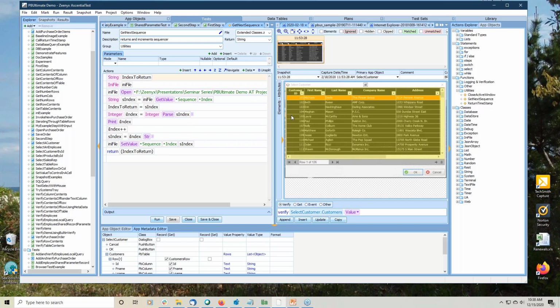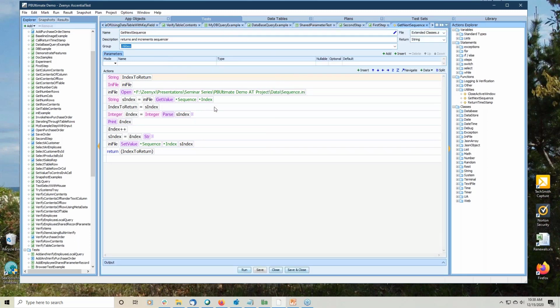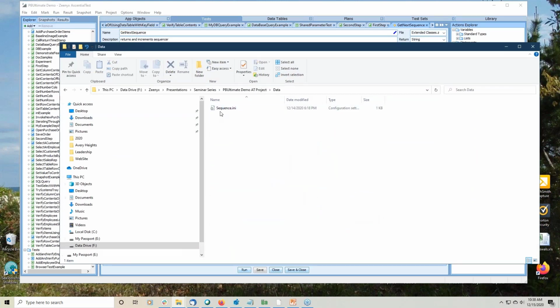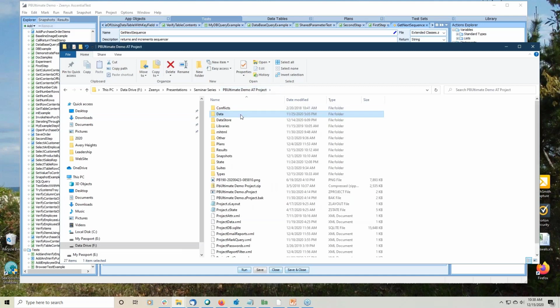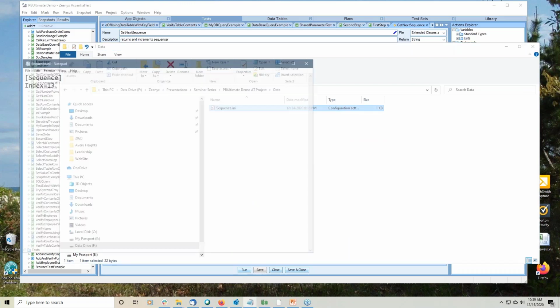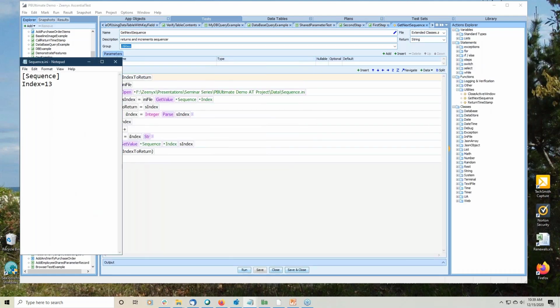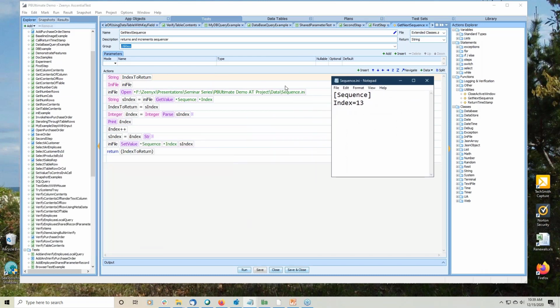And what getNextSequence does is it reads, let me just make a little bit more room here. And I'll bring up my INI file for you too, so you can see what my INI file looks like. I always create, I should back up here. If I'm going to be doing this, I always create another folder in my project called data, and that's where I store my INI file. So I just want to bring that up for you so you can see it. It's pretty simple, right? It's just one section and one data item,